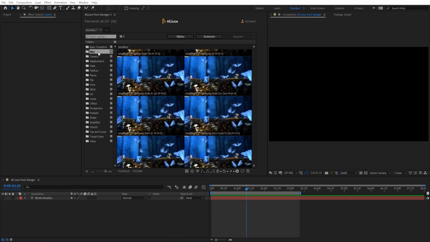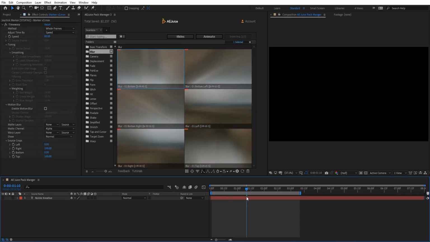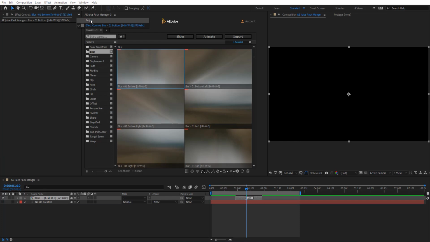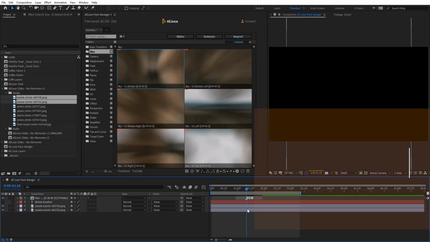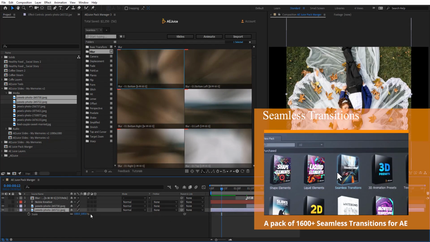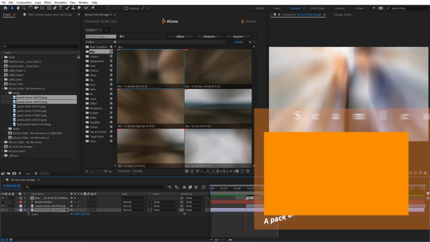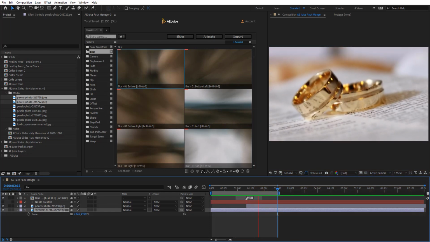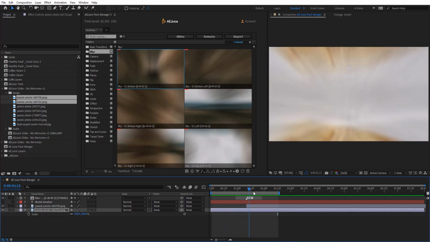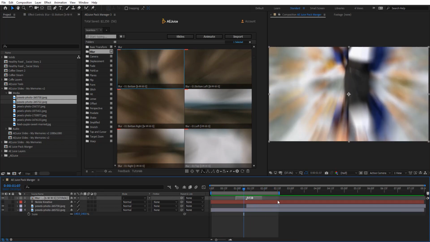And let's say you just want to create a transition here. All you need to do is just drag and drop that in your comp right here, and then bring in your photos. So basically this is the manual way to create a transition. Let's adjust this photo here and let's preview this. As you see, this is a pretty cool transition, and actually it's a little bit fast, rendering quickly. And let's say we don't want this transition.